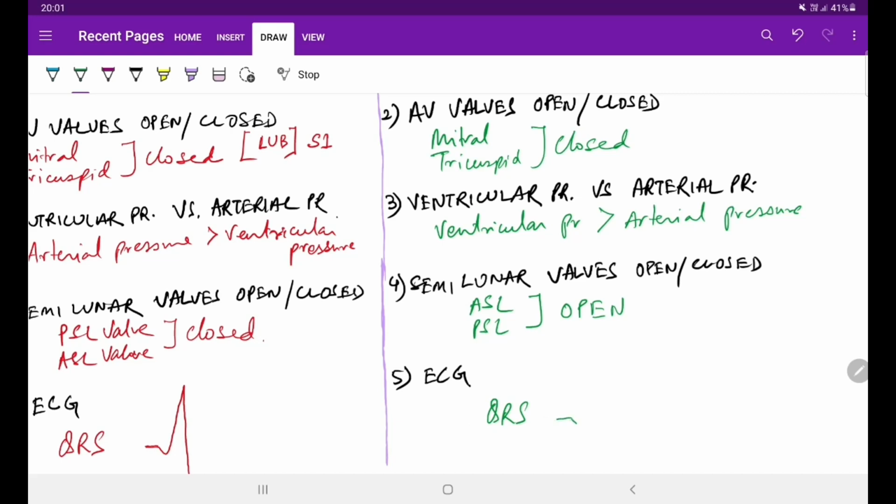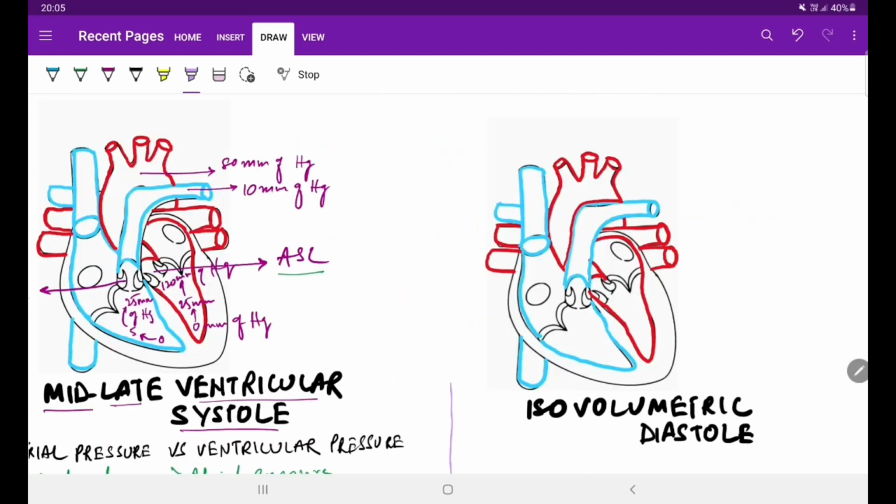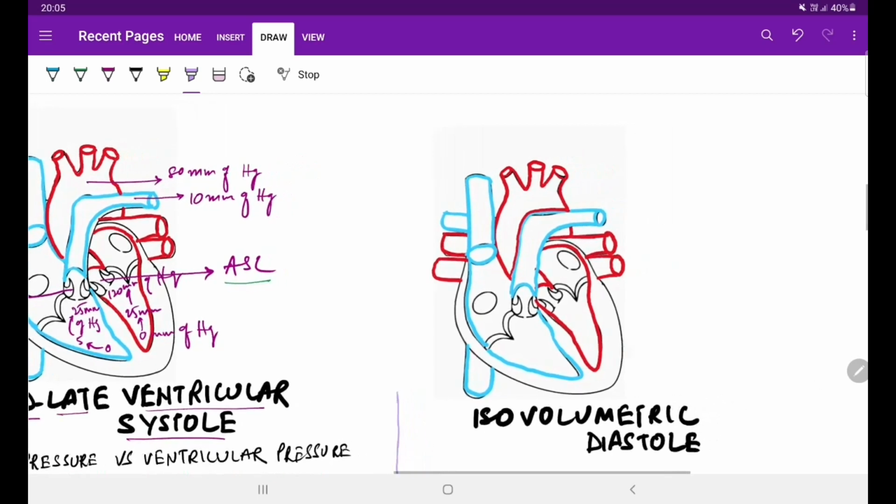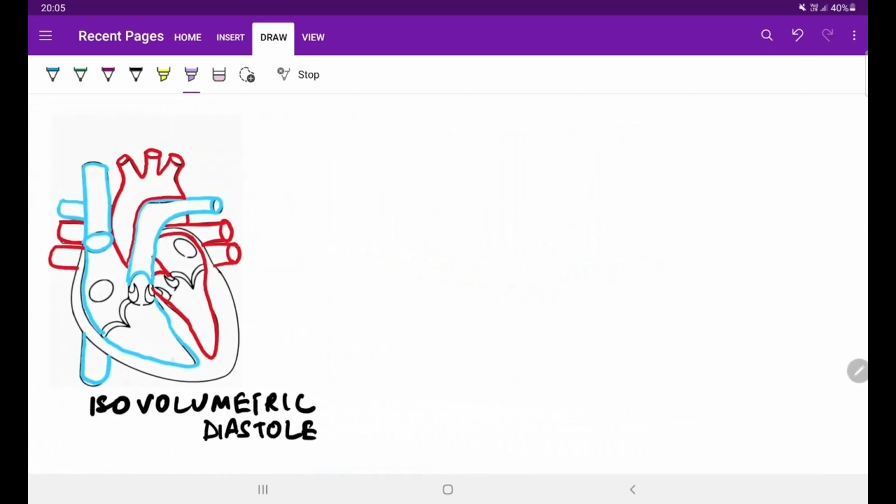But the QRS wave will also show some kind of differences. As we know, isovolumetric means the volumes will never change in this particular stage. The ventricles have already pumped the blood into the arteries. Atria are already not having any blood in them after they have pumped the blood into the ventricles. And what we have seen is that the ventricles have